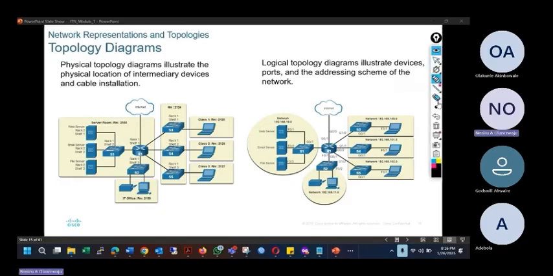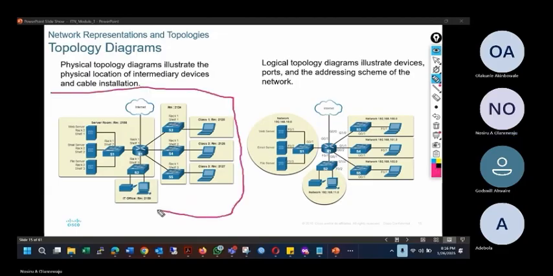Physical topologies just show the structure of the building, just like we have here, right? It tells the names of the rooms or the apartments. Like in this case, this is a classroom, classroom one, classroom two, and it just shows the devices, right? So it's not giving detailed information of what to be configured on what,